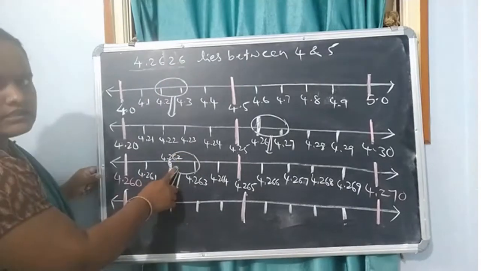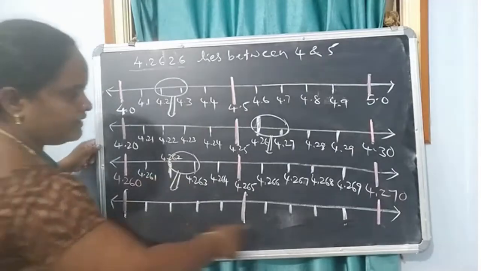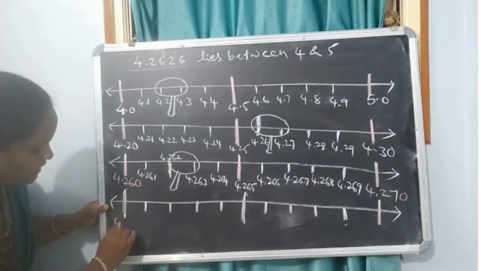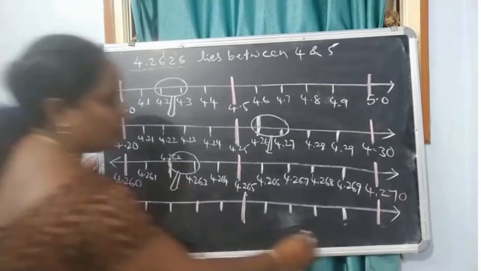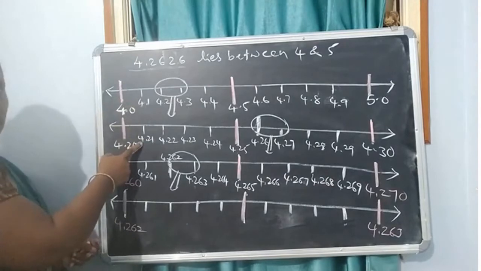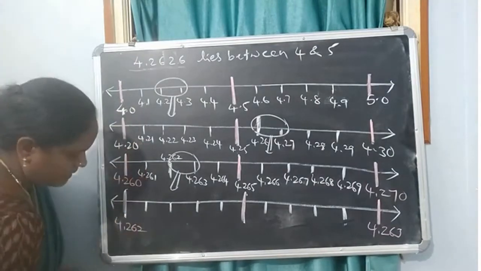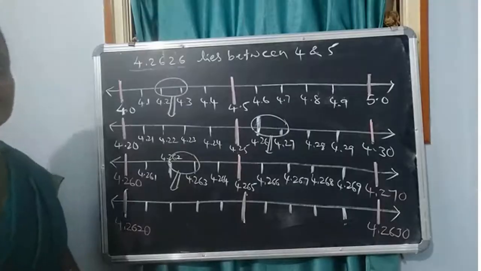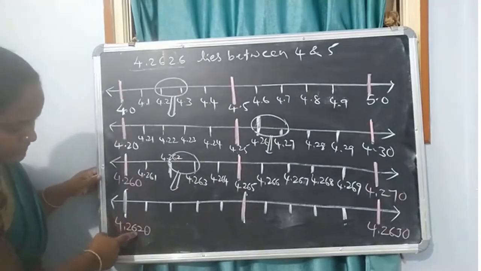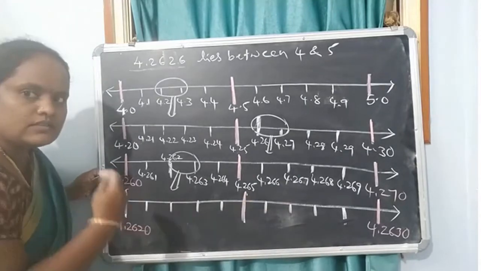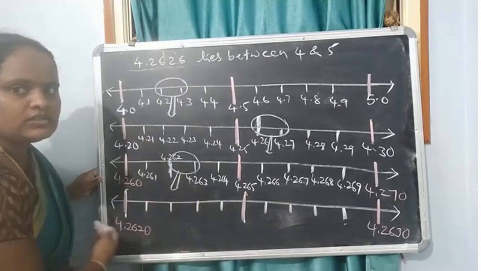Now let us see this portion by dividing into 10 equal parts with the magnifying glass. So on the next number line, 4.262 and 4.263. Now let me take first up to the first decimal, up to 2 decimals, up to 3 decimals. Here up to 4 decimals, 4.2620, 4.2630. Now what is the next number? Here 620, there 630, means 621, 622, 623 and so on. These will be in between.